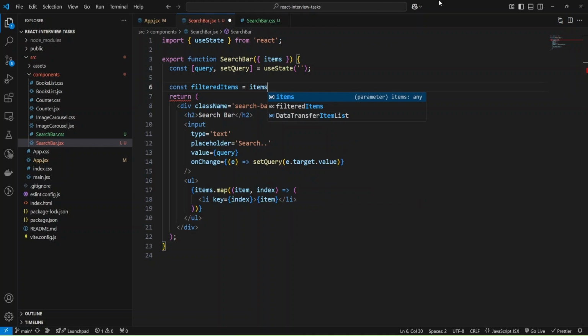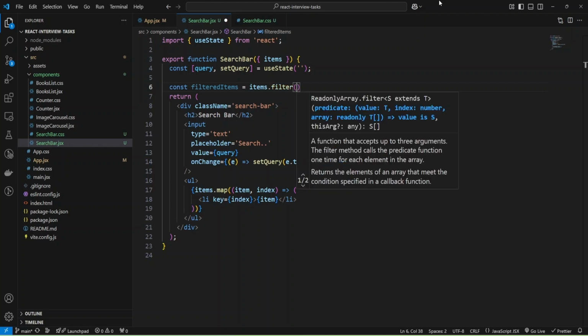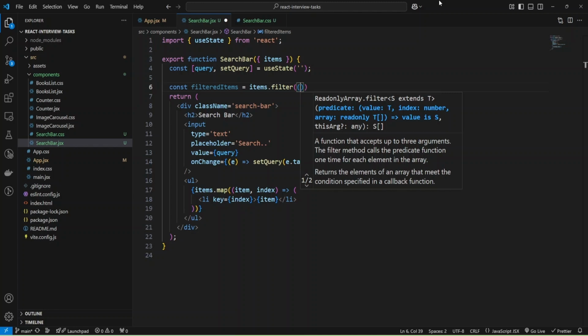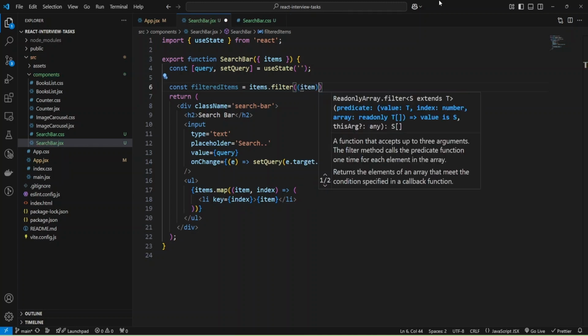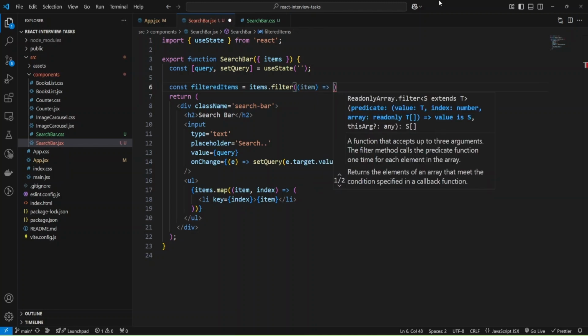I'm going to use the filter function of the array. Items is an array of strings, and I can iterate through each item.